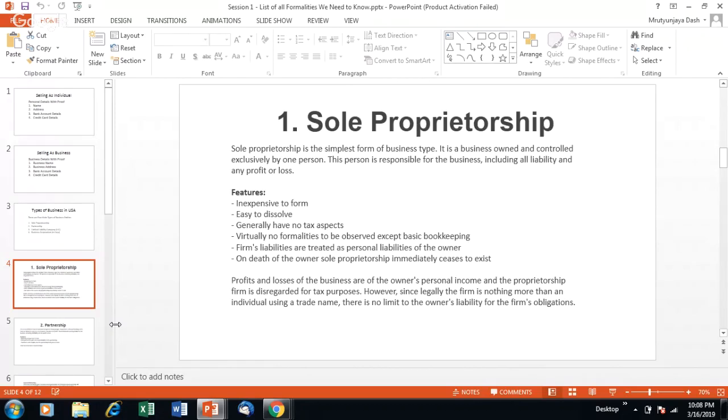Whichever income tax slab you fall into, you will be paying at that rate. As a business, basically, I'll be taxed as a business? No, not as a business, as an individual. You'll be taxed like a normal person working for a company. Yes, like a normal person working for a company. Okay, like that.